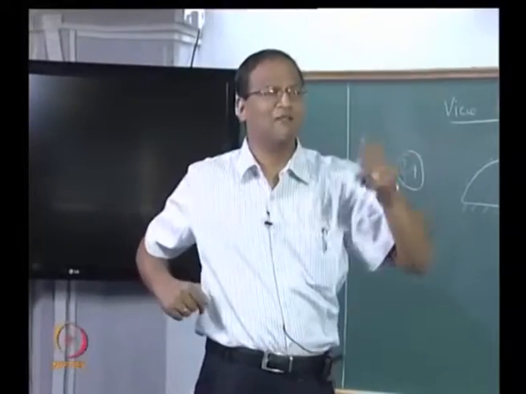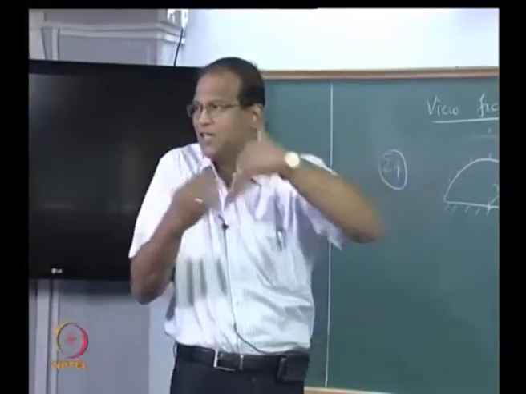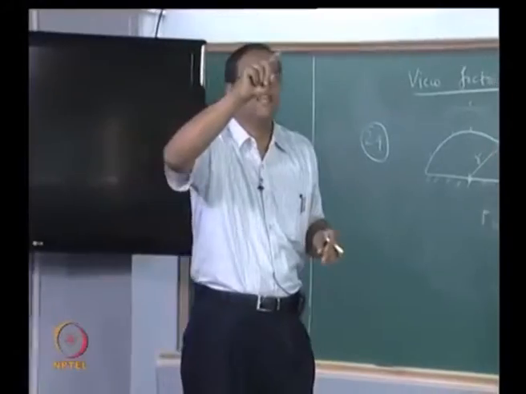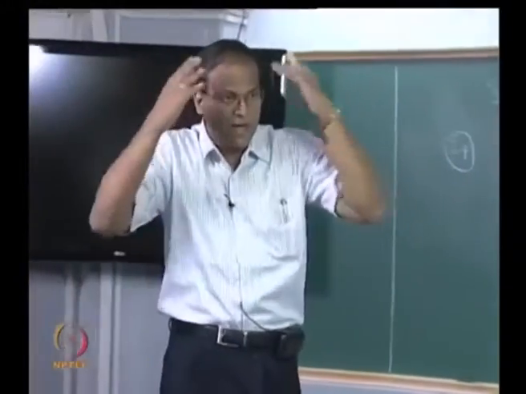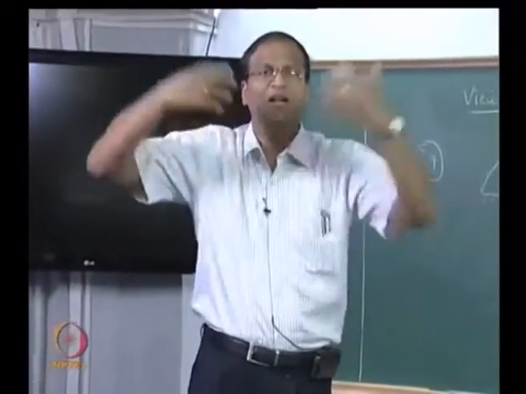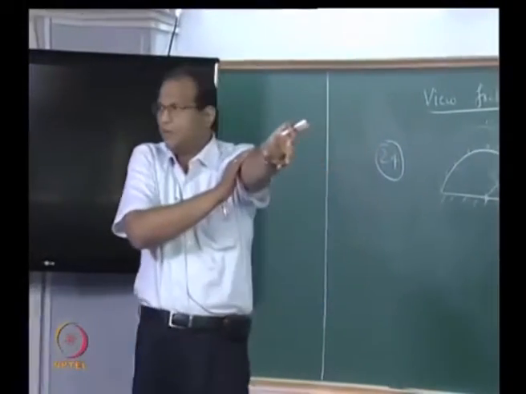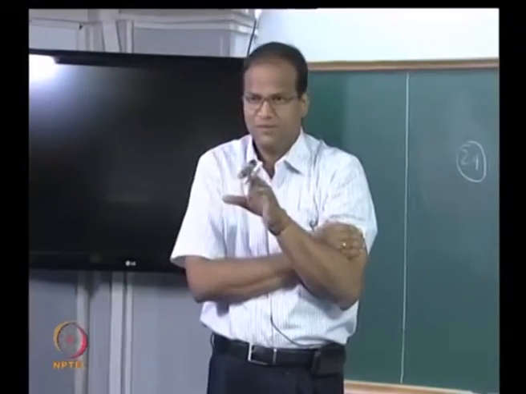But I have an additional thing, A2 equal to A3, and the geometric orientation is such that the view factor between 2 and 1 is the same as 3 and 1. That is additional information which I cannot simply get by n into n minus 1 by 2. I can use my domain knowledge of the geometry to reduce the number of view factors. Is that point clear? That was a valid doubt. Everybody through with this?